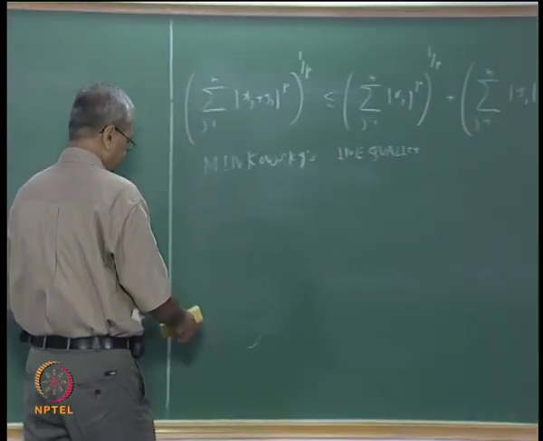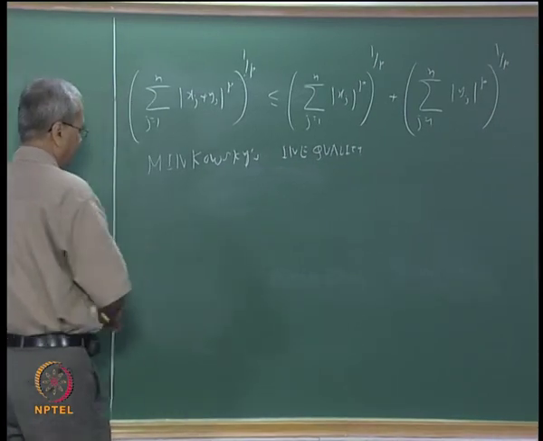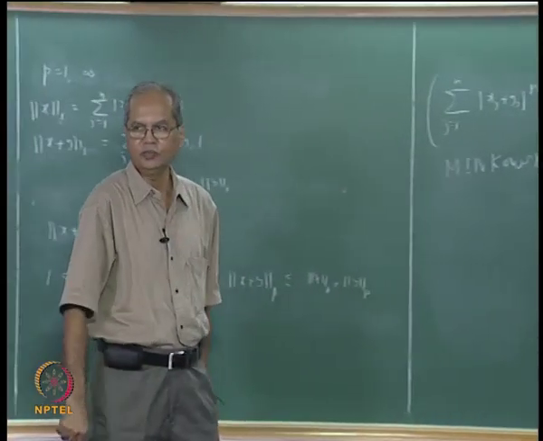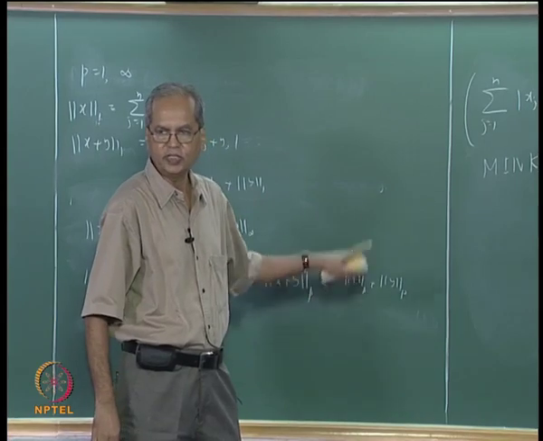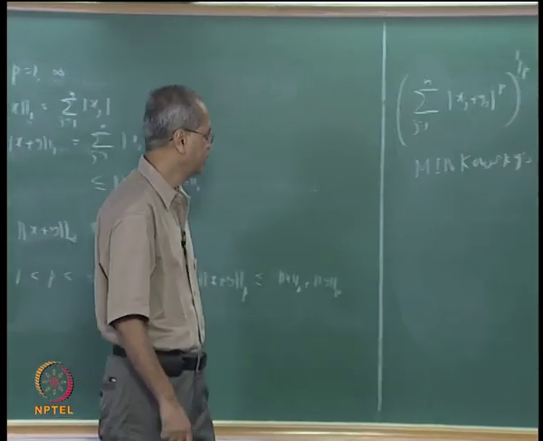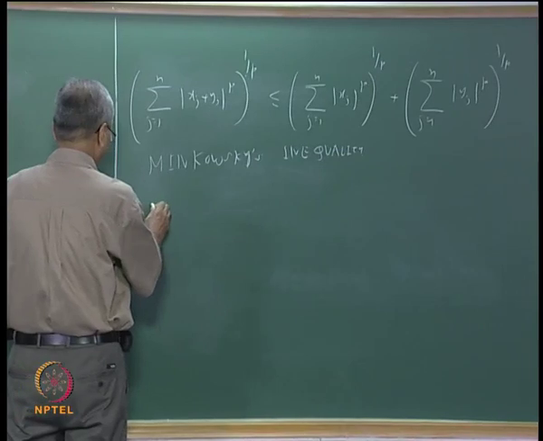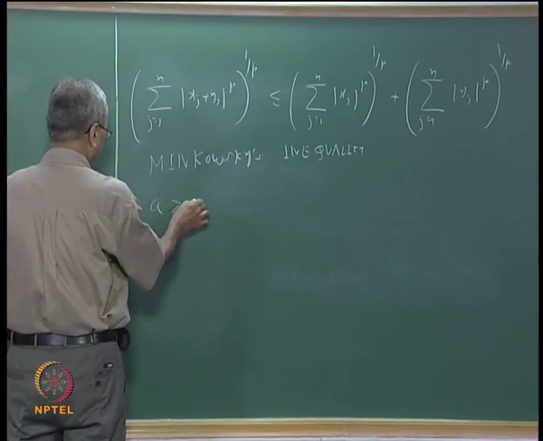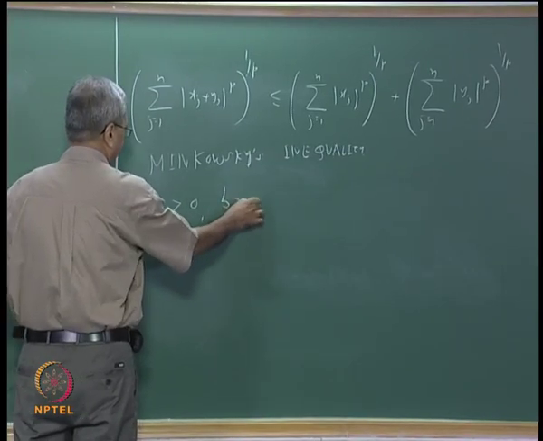In proving this, we have to go through some steps. There are some inequalities which we require to prove this inequality, and those we will have to prove in between. So for that, to begin with, let us say we take two numbers, a bigger than 0 and b bigger than 0,